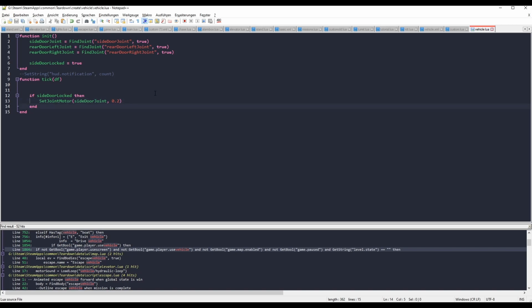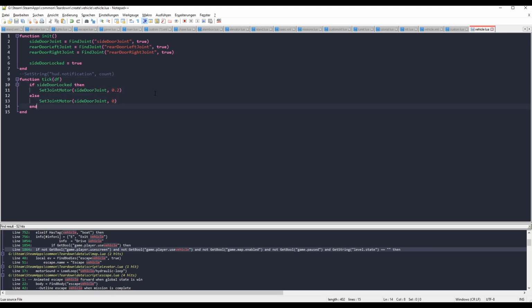So else, if the side door is not locked, we will open it. Oh no, we won't open it, we just set the motor to 0 for now,